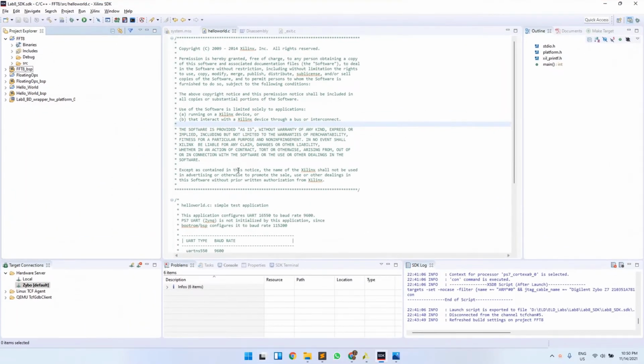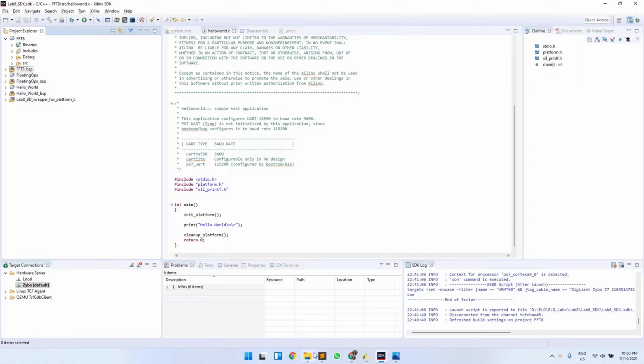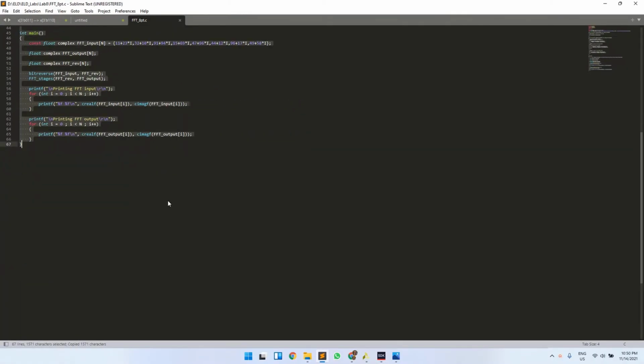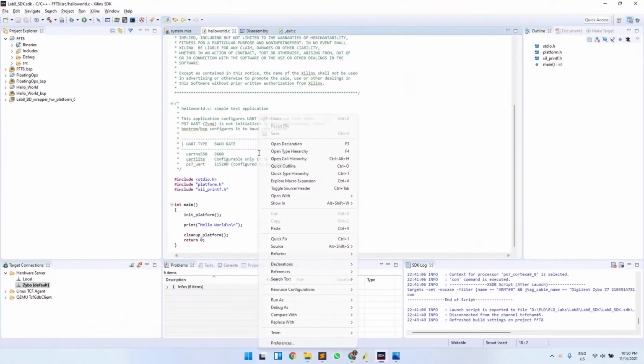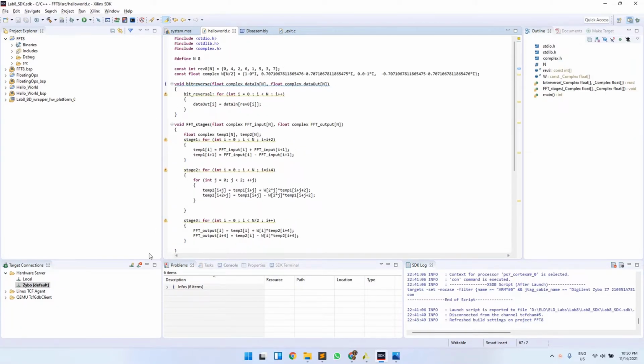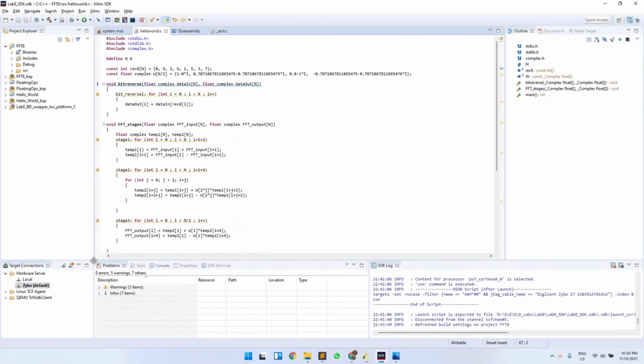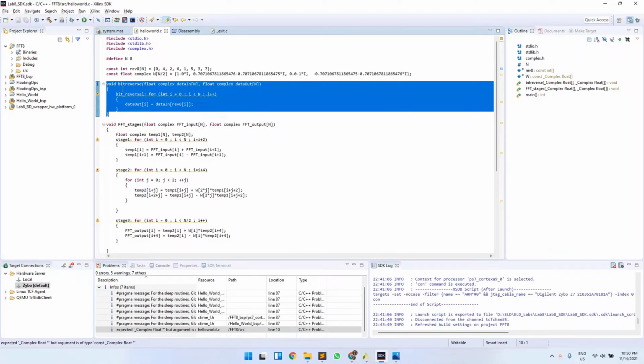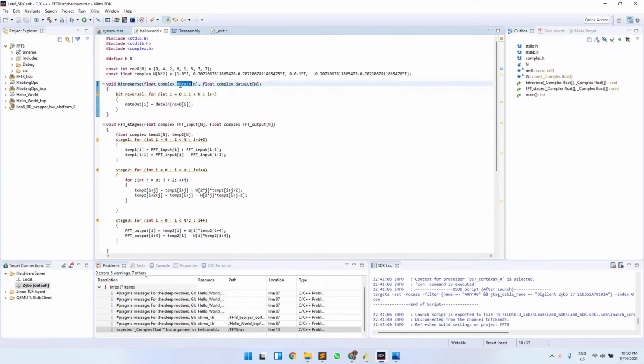So now moving on to the SDK part. Okay, I'll just use this code as FFT here. In this, first of all, the operation that we need to do is the bit reversal operation. For bit reversal, we have our input as the FFT input data, and the output of this function would be the rearranged FFT symbols.